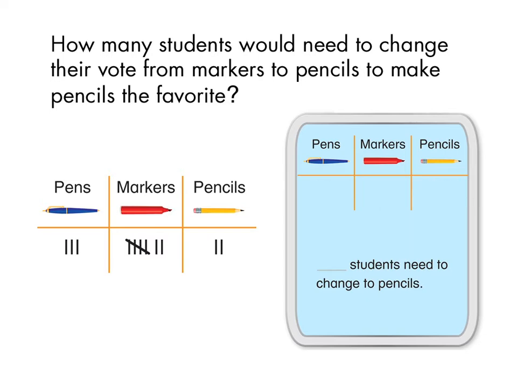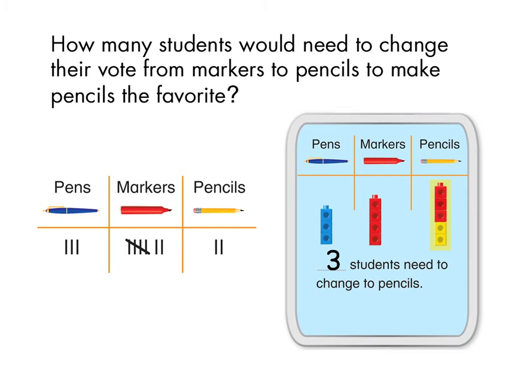Start with the original votes, 3 votes for pens, 7 votes for markers, and 2 votes for pencils. To model changing votes from markers to pencils, ask students to move 1 cube at a time from the markers column to the pencils column. Have them stop changing votes as soon as pencils have more cubes, or votes, than the other objects. The number of cubes they moved is equal to the number of students who need to change their vote to